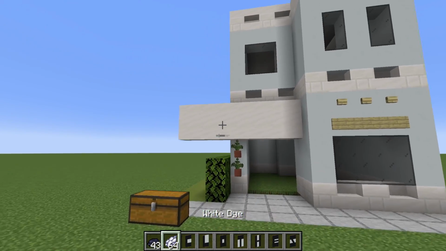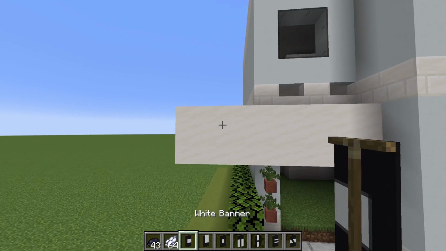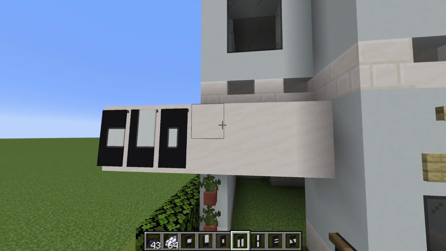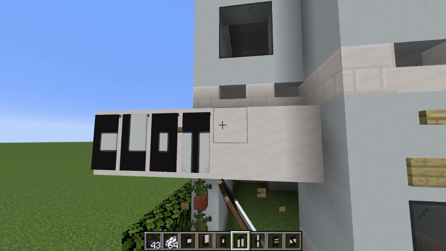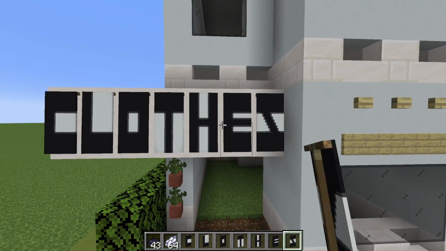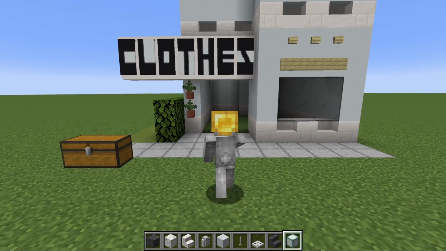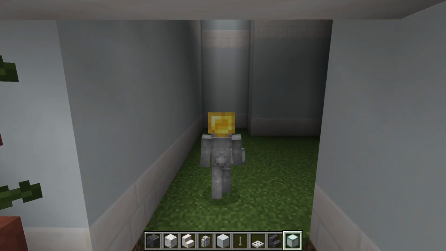So once we have done that, this will perfectly occupy the sign that we made earlier, C-L-O-T-H-E-S. That would have looked weird if I kept the T there. Outstanding, look at that. Okay, now it's time for us to work our way into the store